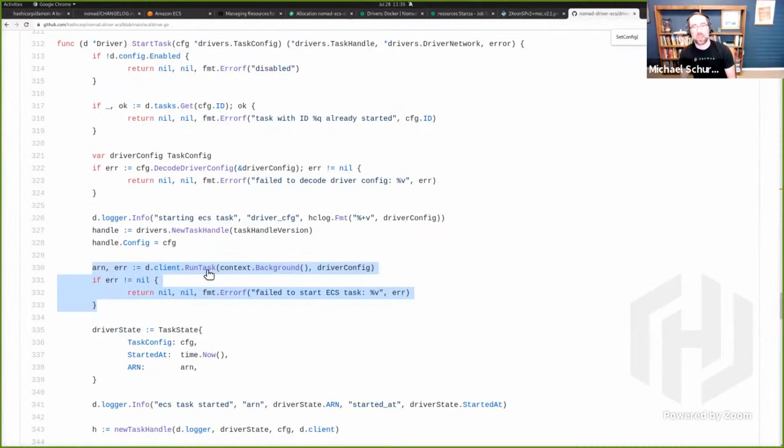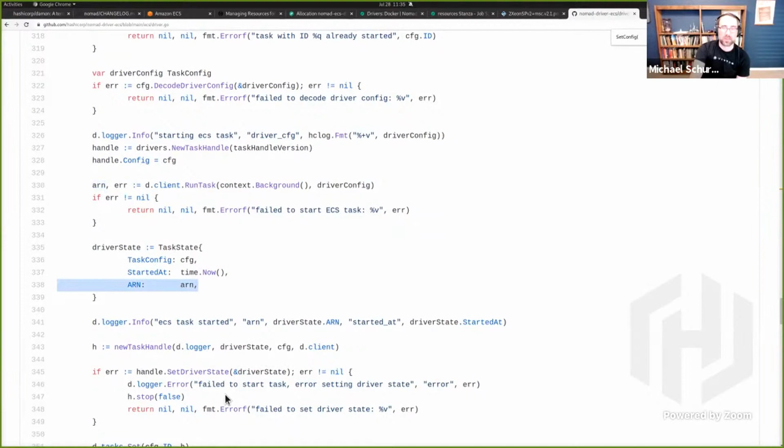This is just a light wrapper that converts from Nomad's configuration to the AWS ECS configuration. I'm probably saying the wrong acronyms every other time, I'm sorry. But then we just track your task instances by the ARN.